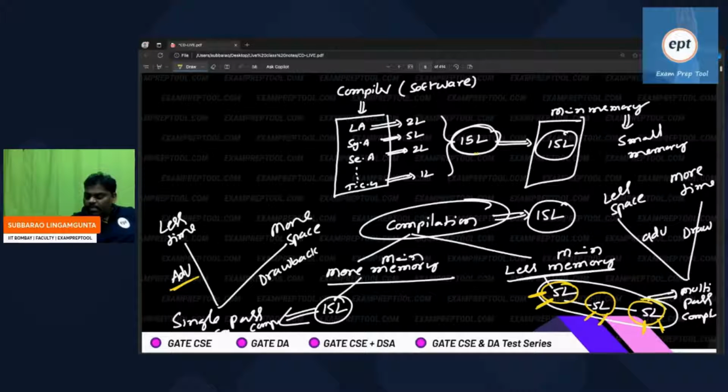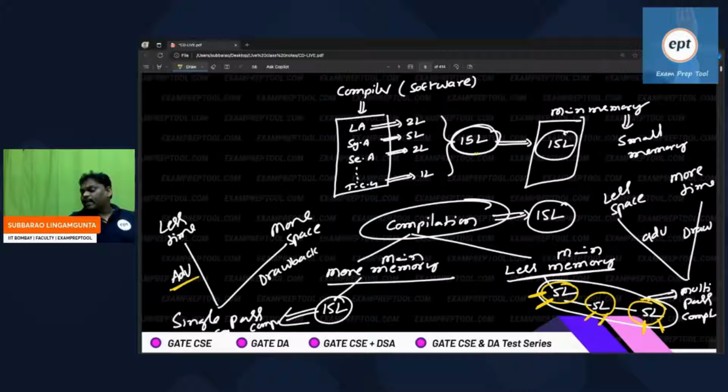In the similar way, when you compile any program, the compiler itself is a software. That software should go inside the main memory. So this is the story. Total compilation at a time is a single pass compiler. Total compilation multiple times is a multi-pass compiler. First of all, why are you going to multi-pass compiler? I have less memory. Total compilation I cannot do at a time, so multiple passes I will do.